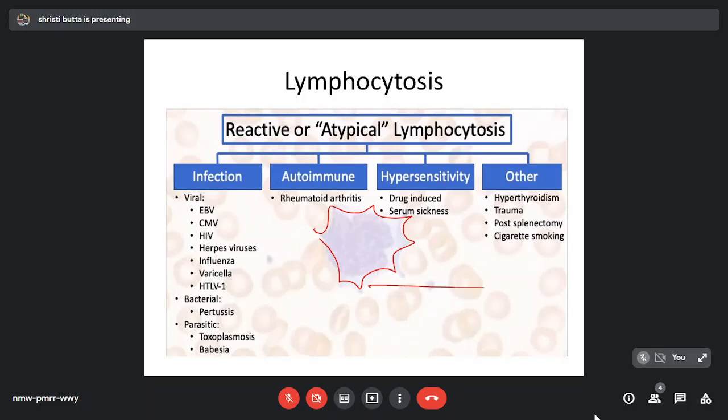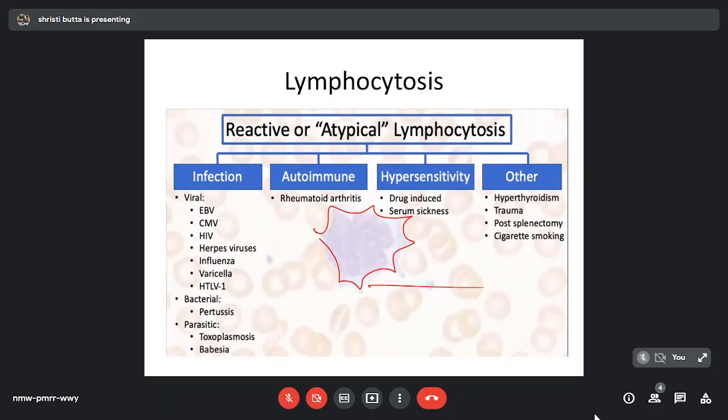Cytomegalovirus again can cause a disease which is indistinguishable from Epstein-Barr virus induced infectious mononucleosis. We also have HIV infection, where there is a lymphopenia. In addition, it must be noted that though chronic HIV infection can cause lymphopenia with a decreased CD4 plus T cell count, primary HIV infection can cause an acute febrile mononucleosis-like illness and predispose to lymphocytosis. A negative heterophile test can help in distinguishing the two.